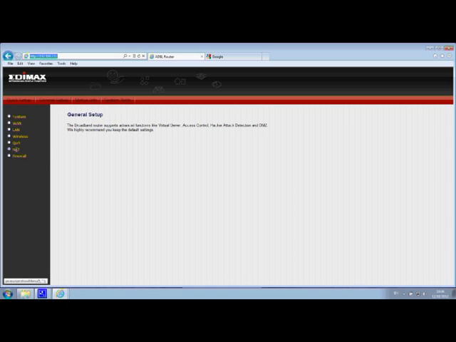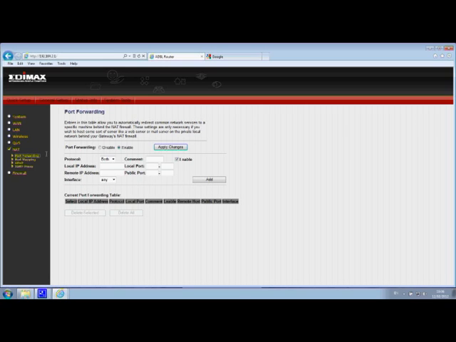Now, on this router, on the NAT, there is a port forwarding option here. As mentioned, we need to open only one port on the AVTech DVR, which is port 80. The item has to be enabled. On comment, you can type DVR. Protocol can be TCP. I leave it at both, but normally TCP is for port 80. Local IP address